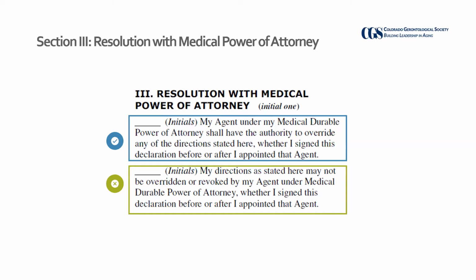Do you want this document to be used as an outline, as guidance for your agent to know what your preferences were, and based on the situation, what they should be looking at and considering? Or do you want this document to be used exactly and for that treatment to look exactly as you indicated under terminal condition, and under vegetative state. So whichever one you decide for yourself, you put your initials there, and make sure that you only initial one.